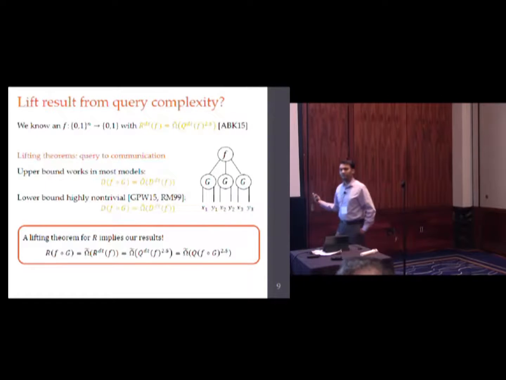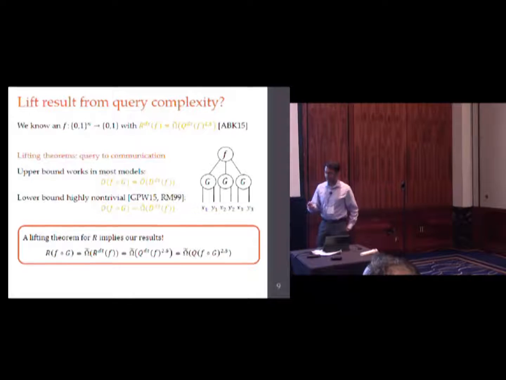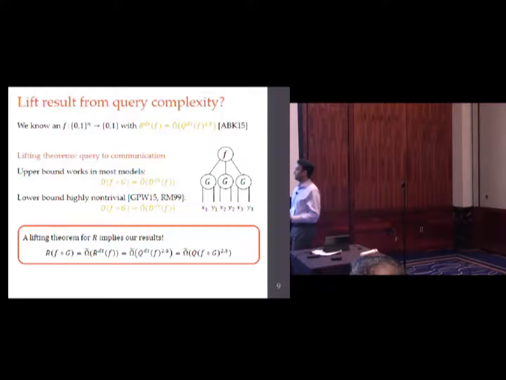So obviously the reason why this paper exists is that there's no lifting theorem known for randomized communication complexity, and this is a major open problem. And I encourage you to work on it if you're into that kind of thing. Okay, so now that we don't have this, what should we do? What we can try to do is mimic the query separation. We're not able to lift the query result. We're not just able to apply some black box hammer and say, done. Query separation implies communication complexity separation. But we can follow the same proof idea.